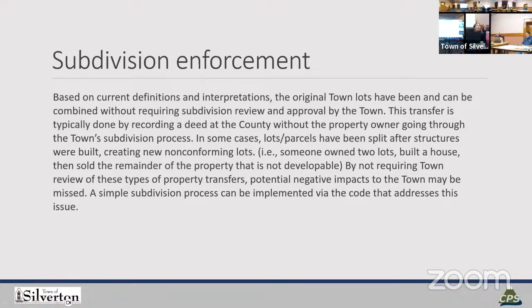What I've heard from Kim, who goes through the process of changing the deeds, is that she tries to avoid creating non-conforming lots. If you had a house built on the lot line, that's a situation where it might be good to have the planning department in there to say, this person's creating a non-conforming lot. Is there a review process we can go through, or is this just not allowed at all? That's part of this conversation as well, figuring out how we're going to adjust those setbacks.